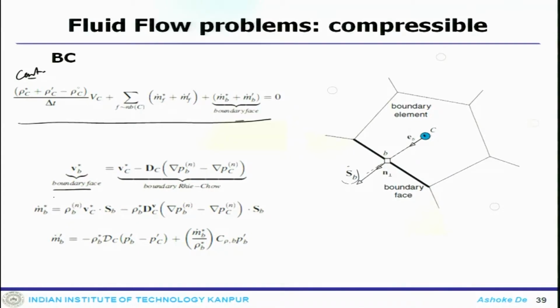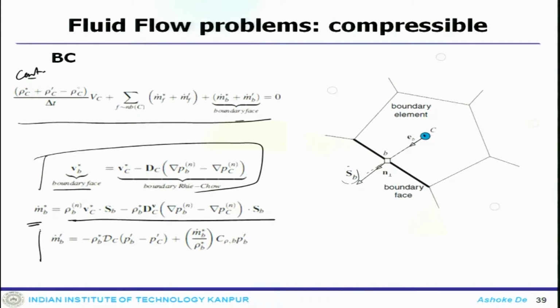So, the boundary face velocity would be corrected like a Rhie-Chow interpolation using the pressure, and the corrected mass flow rate would be rho v with the previous iteration, and this is the corrections. So, now if you have a different kind of boundary condition, these terms of the system of equations get modified and they look quite similar except the term where density is coming in for the mass flux calculation. Other than that, they are looking quite similar.